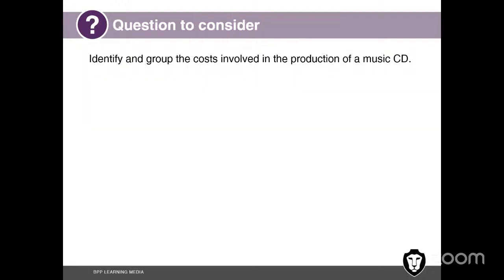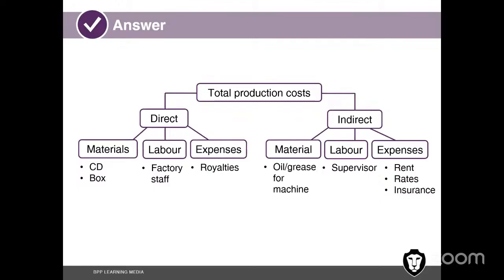So this one says identify and group the costs involved in the production of a music CD. Well, let's just do that quickly. Let's look at the example. For a CD, direct material would be the CD itself and the box to put the CD in. The labor would be the staff that make the CD. Expenses would be the royalty you pay for each CD you produce. So every CD you produce of somebody's track, you have to pay them royalty,